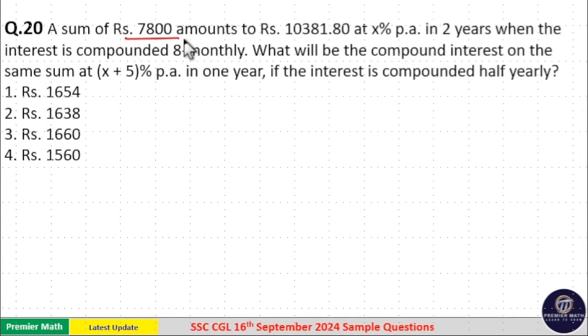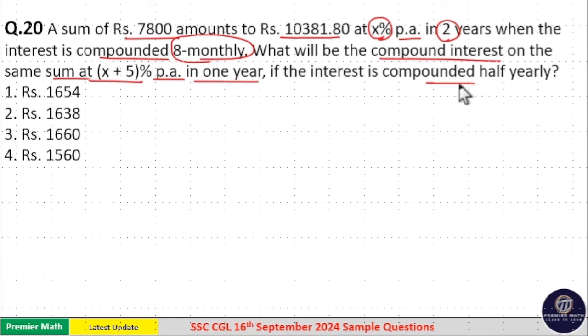A sum of rupees 7,800 amounts to rupees 10,381.80 at x percentage per annum in 2 years when the interest is compounded 8 monthly. What will be the compound interest on the same sum at x plus 5% per annum in 1 year if the compound interest is compounded half yearly? Here,